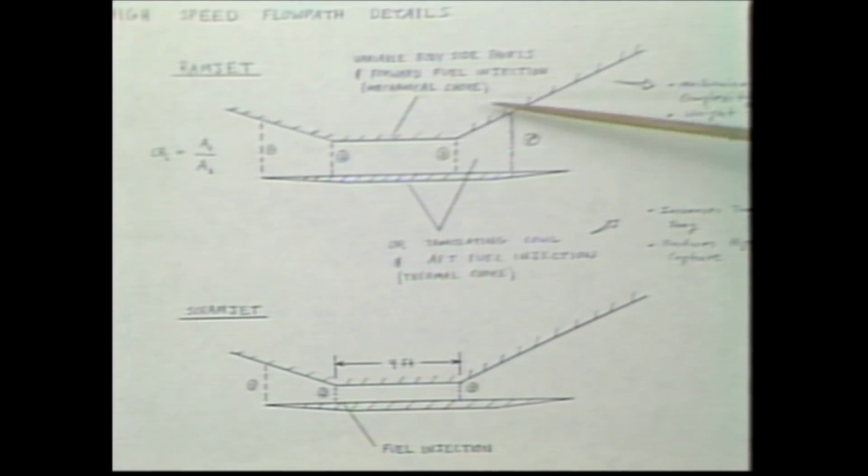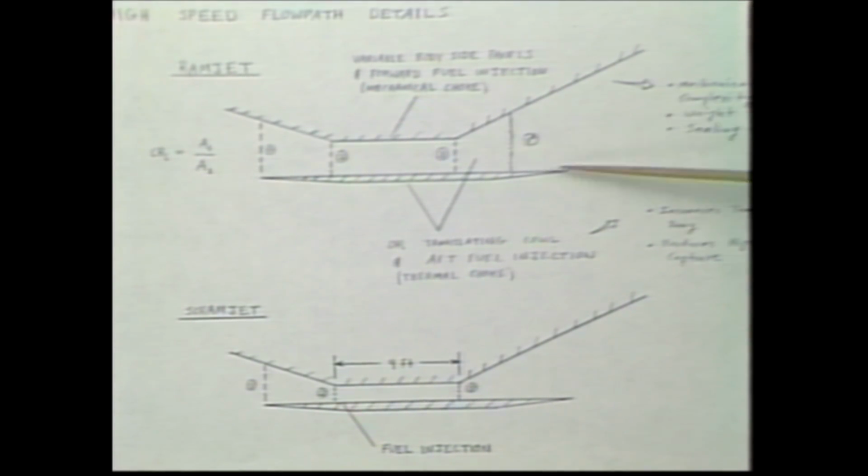So there's a number of ways to do it, and two options are called out here. One is to have variable geometry on the sidewalls. That tends to be mechanically complex and heavy, and it's a sealing challenge. Another would be to move the cowl up and down, which actually increases transonic drag and reduces your high-speed capture